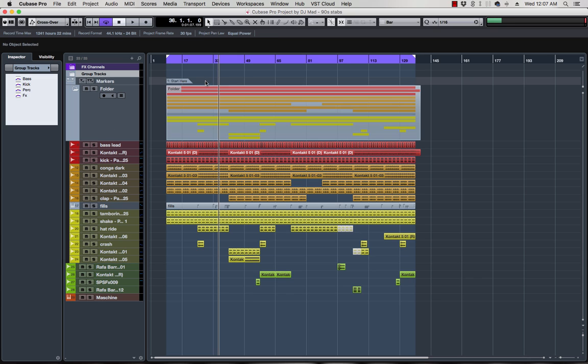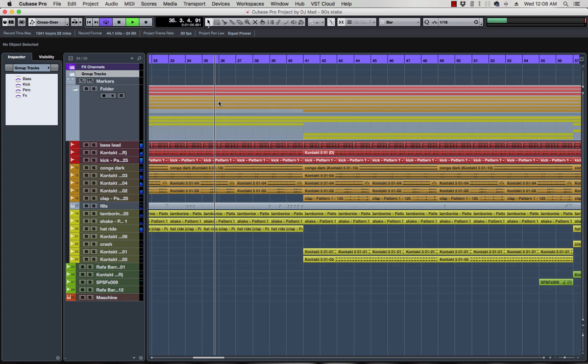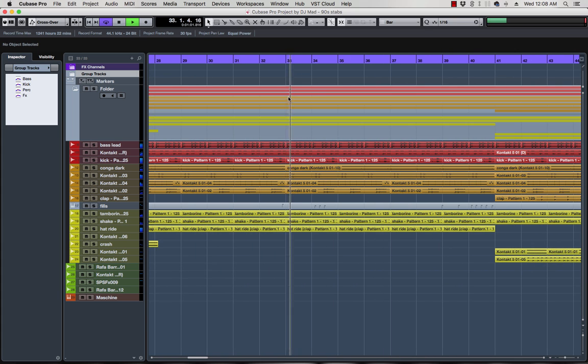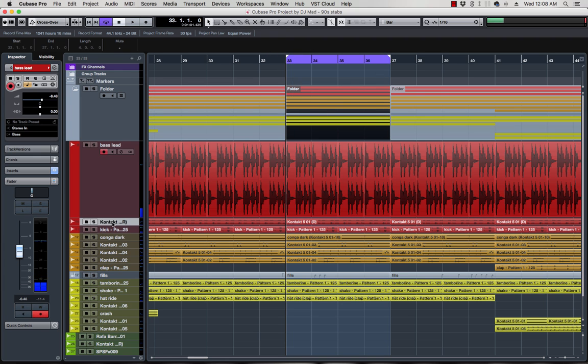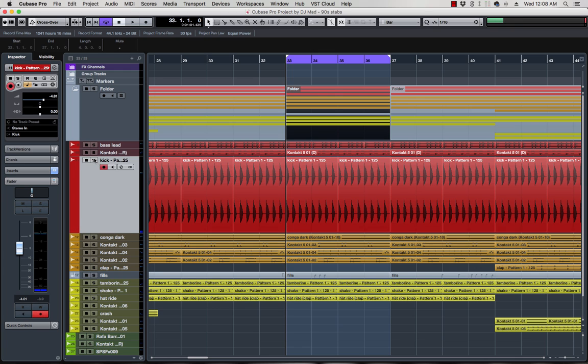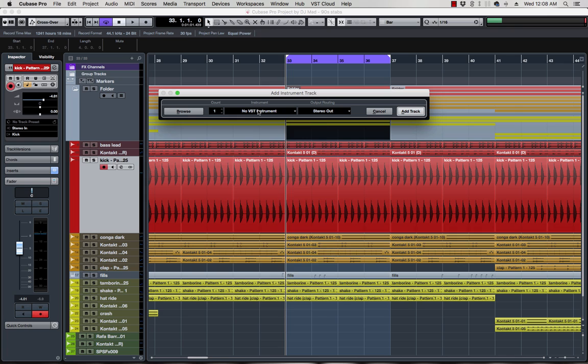All right, so I got this cool little groove right here. Sounds like this. So we're gonna make a little loop right there. Alright, so we got that going on, but I feel that the kick is kind of flat, like it doesn't sound the way I wish it would sound. It's an 808 kick, and I want something more sub harmonic heavy. So we're gonna try this kick plugin, Kick 2,